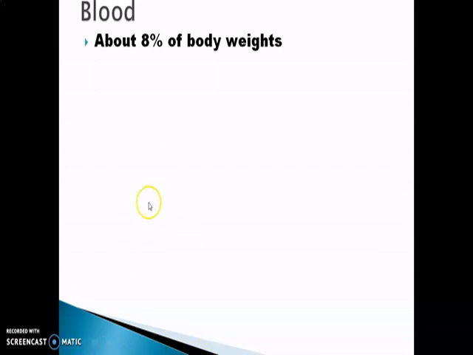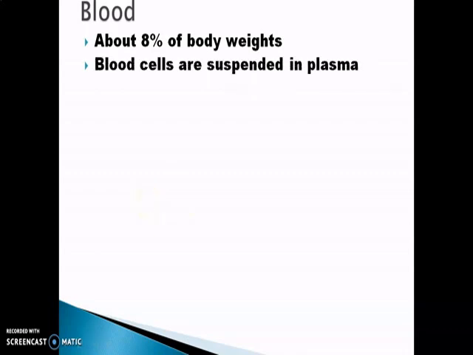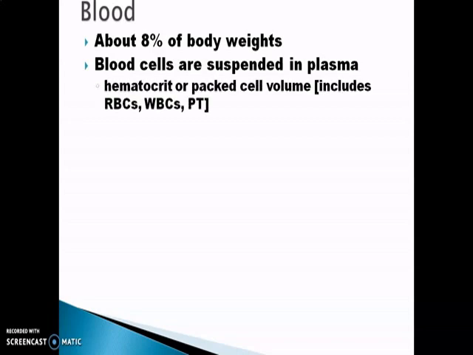These blood cells are suspended in what? Plasma. So these blood cells are also called hematocrit or packed cell volume, which mainly includes the cellular part,